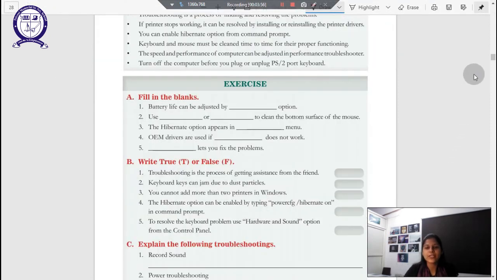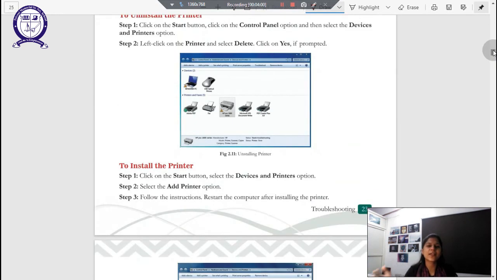We have completed our troubleshooting chapter. It's a simple chapter. It just gives us hints on how to find basic problems with the hardware or software in your computer devices using any troubleshooter. With that, we have finished the chapter, and if you just read it and find any problem, just let me know in the comments or in the WhatsApp groups.